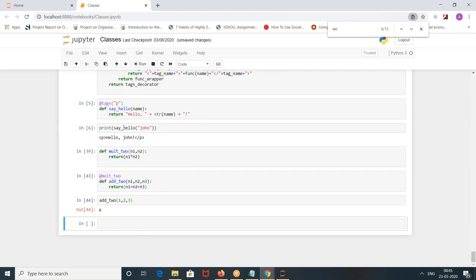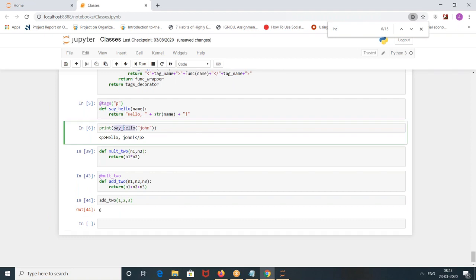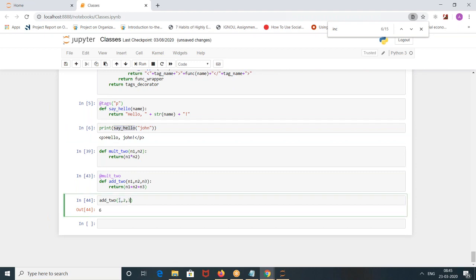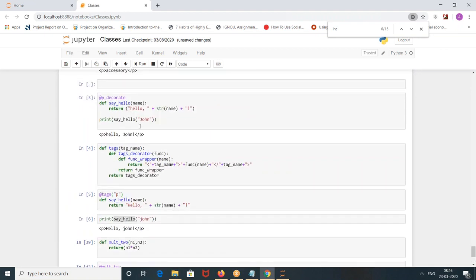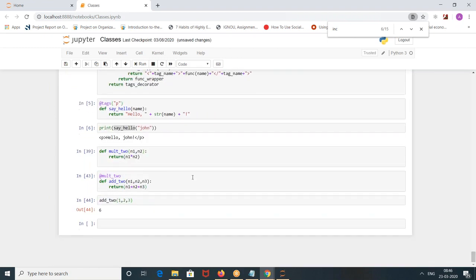Say hello of tags of p. 1 plus 2 plus 3 is 6. Now I wrote the decorator of p. Say hello of John. The decorator should be called upon this, so that the variable passes into this.